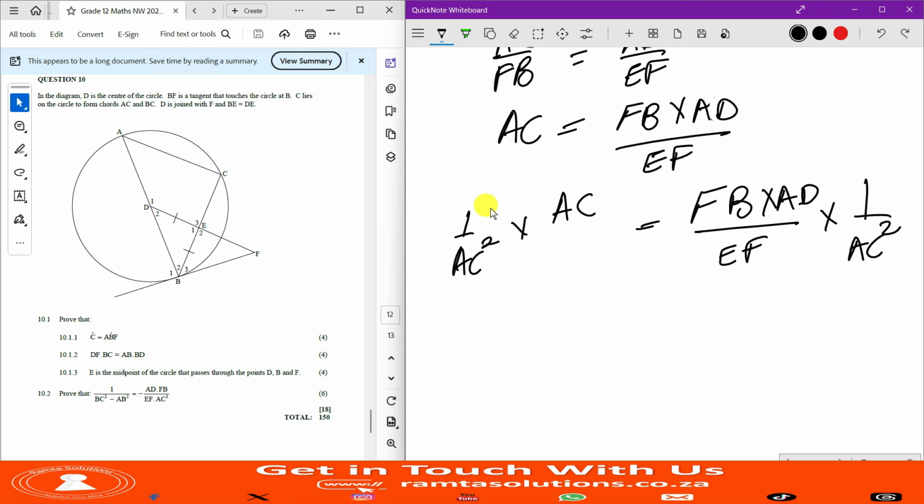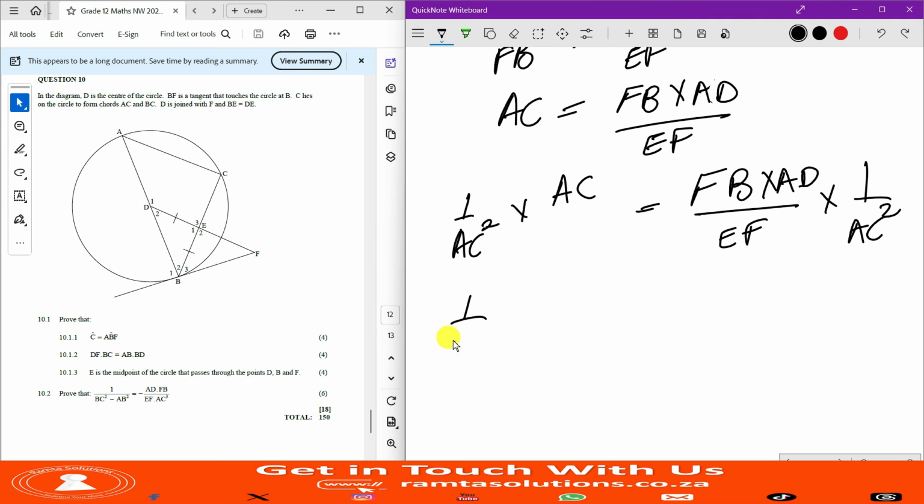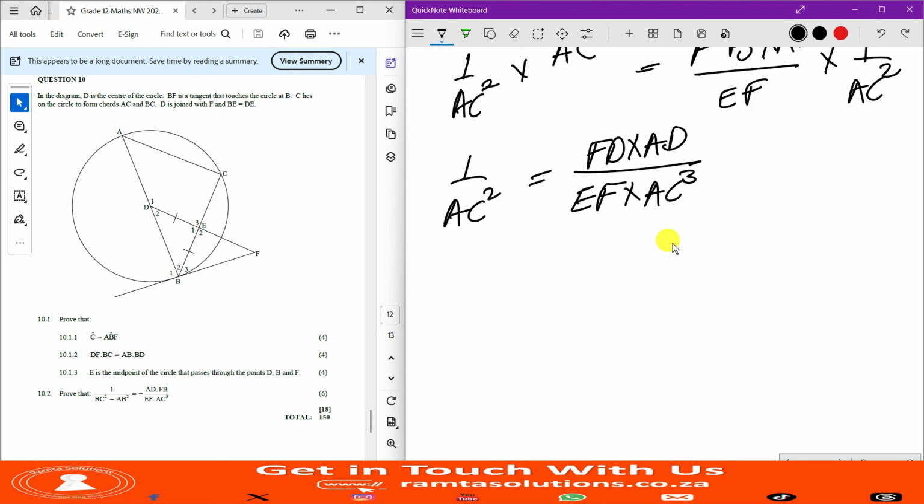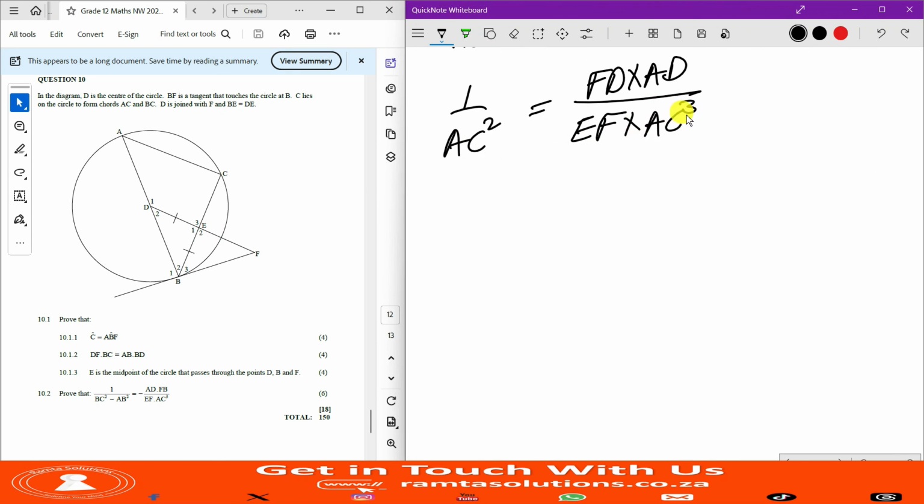But hold on. Pythagoras will work for this, but where do I get the cube from? Maybe I need to take this C to the other side as well. So let me leave it like this. 1 over AC squared equals FB times AD all over EF times AC cubed. Okay, guys, if you divide out by AC, you will be getting AC cubed. Now, this question does not want you to simplify the left hand side, rather